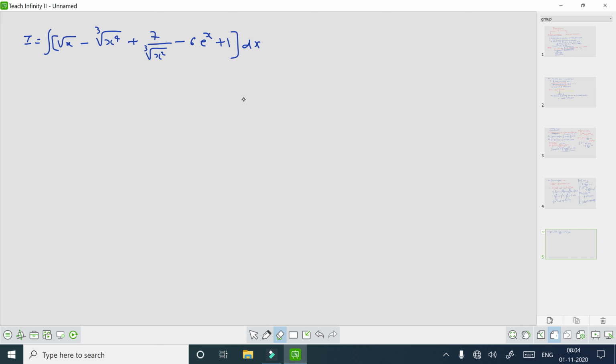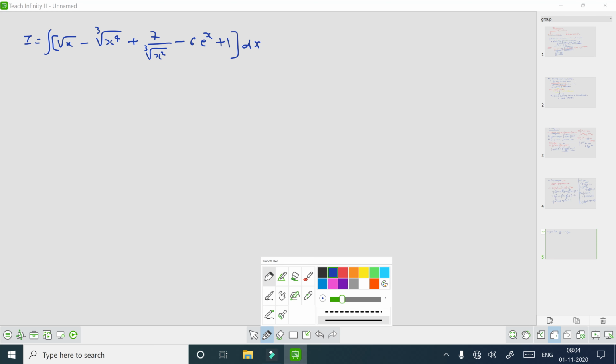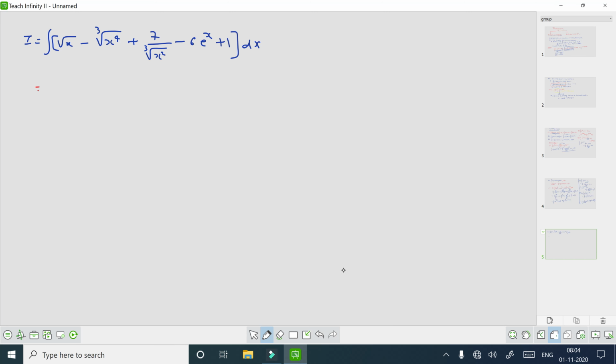Now how do we integrate this? As per the working rule of integration, we can separate term by term. This can be written as integral x raised to 1 by 2 dx, minus integral x raised to, can I write 4 by 3? Yes. dx, plus 7 common, take it in the numerator. Can I write x raised to minus 2 by 3 dx? Yes. Minus 6 integral e raised to x dx,